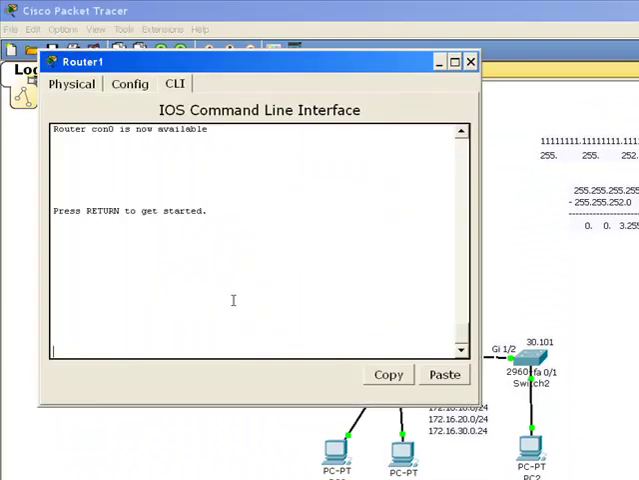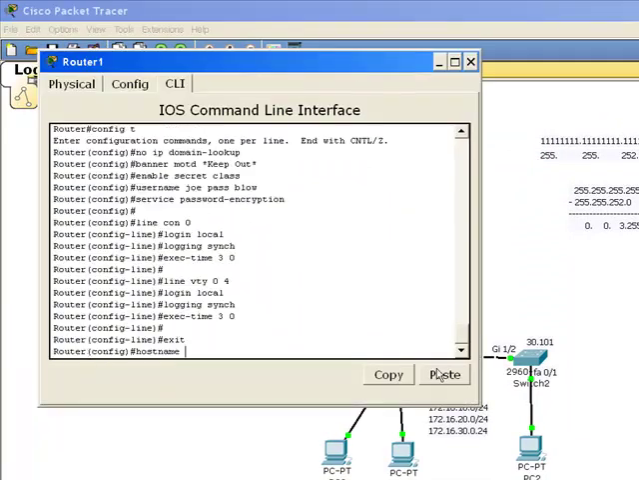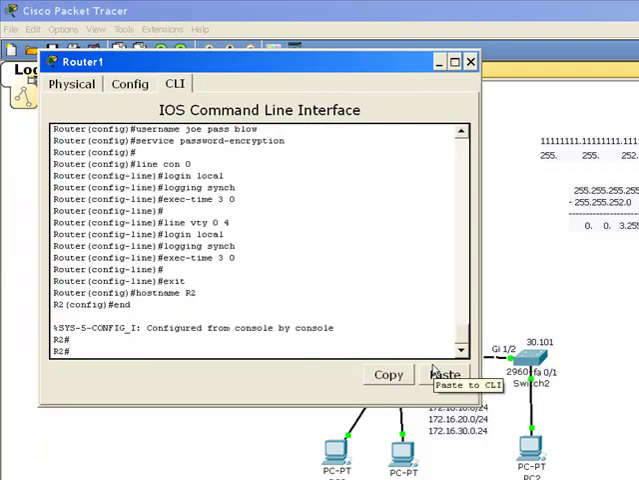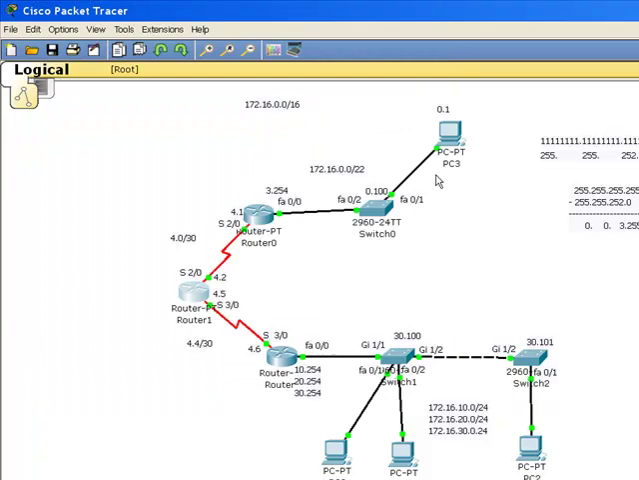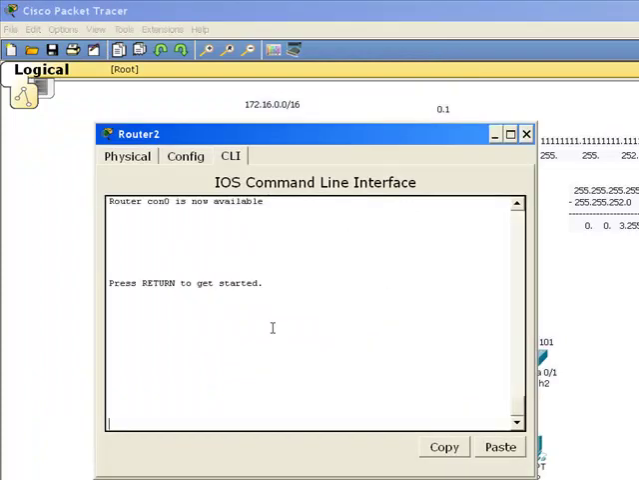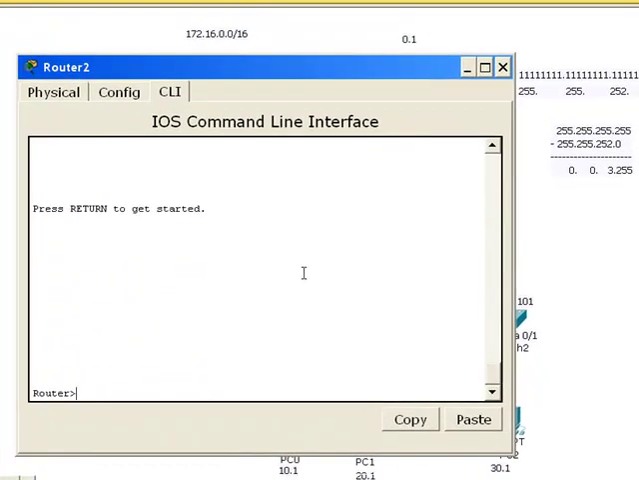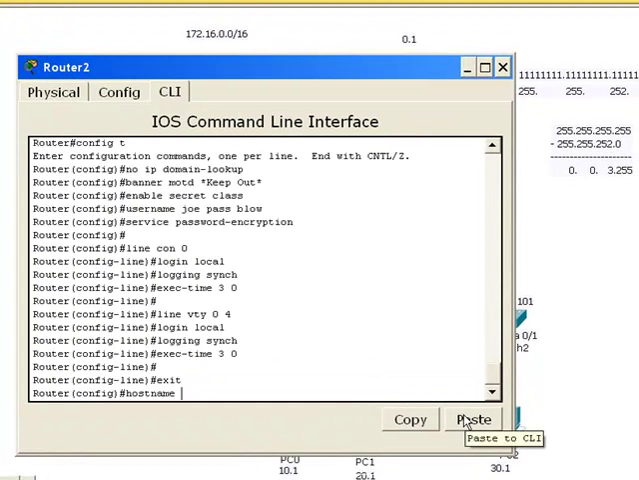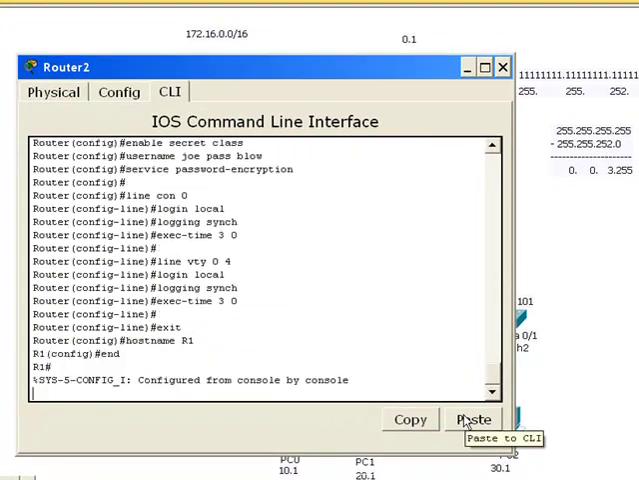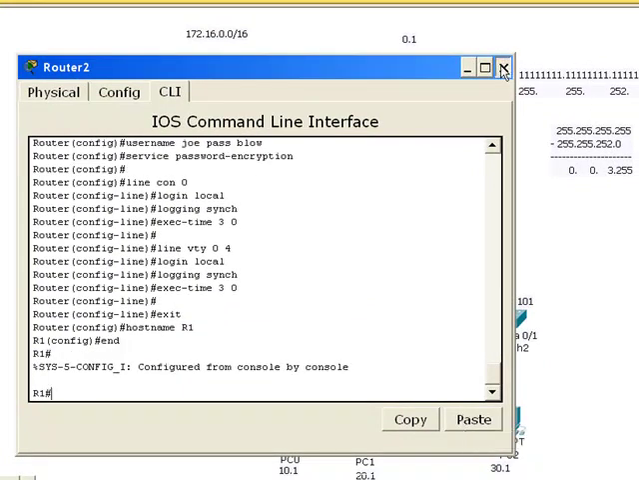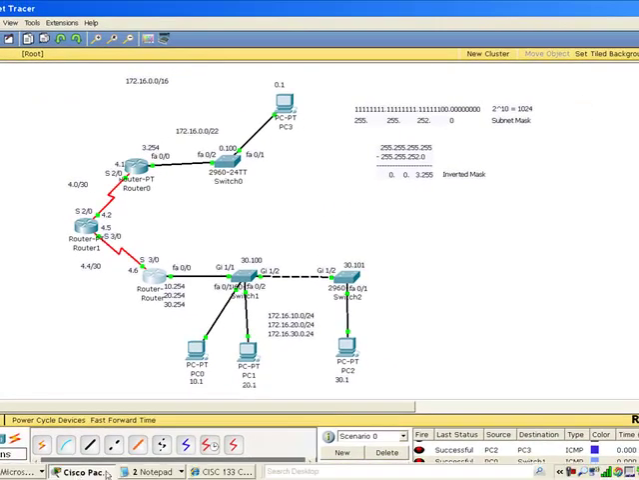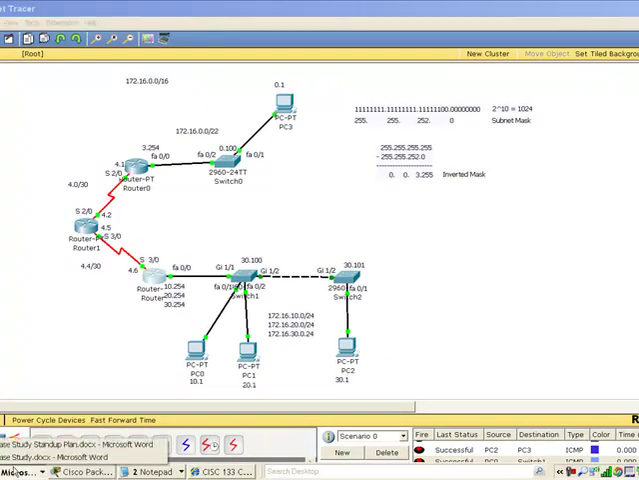Let's try router 2. Paste. R2. Paste. R1. Alright, that was easy. Now we'll go to the